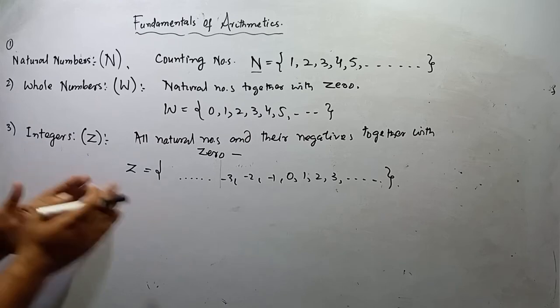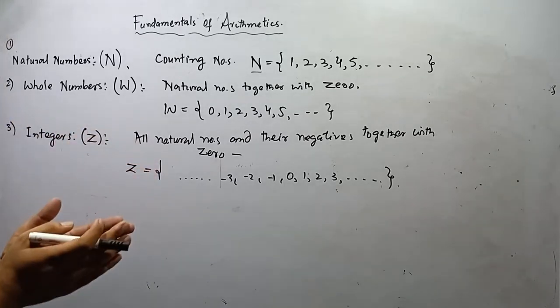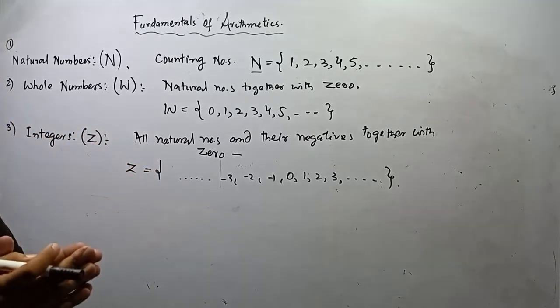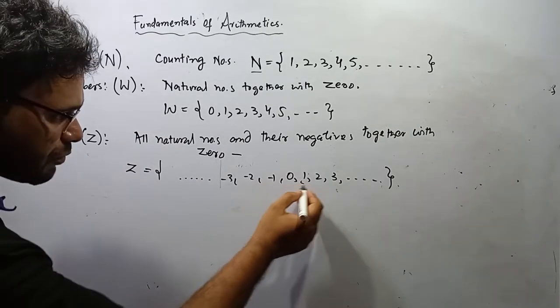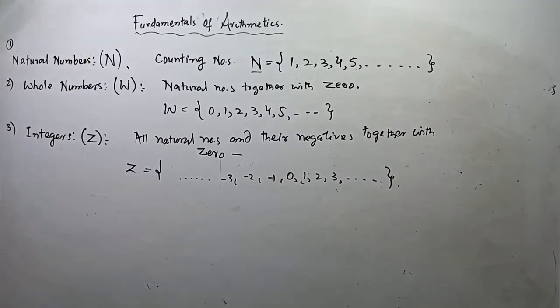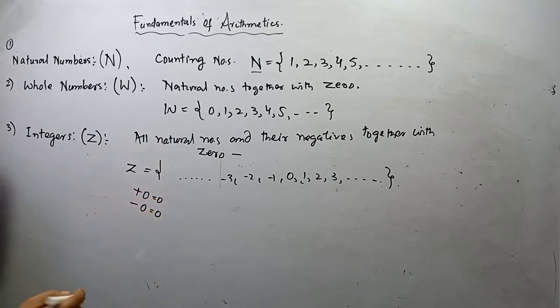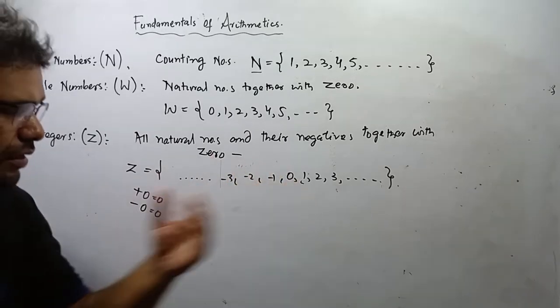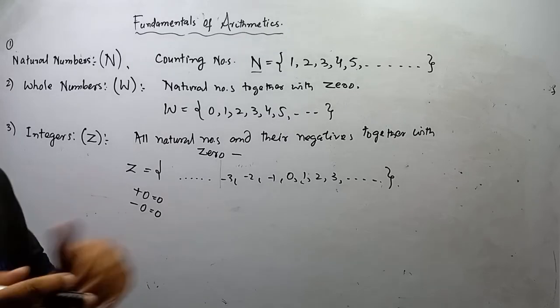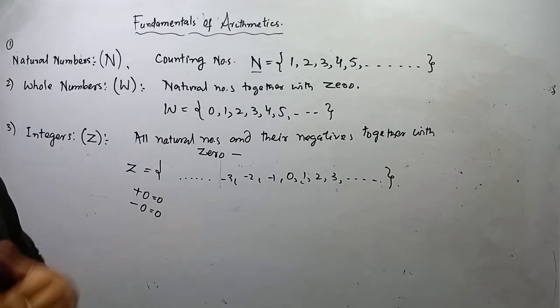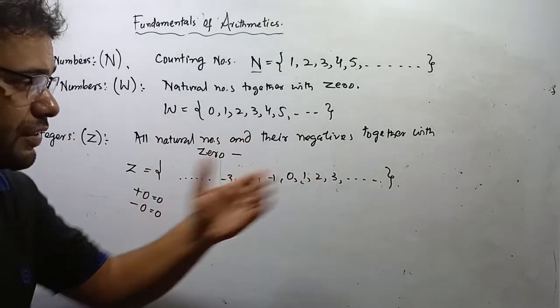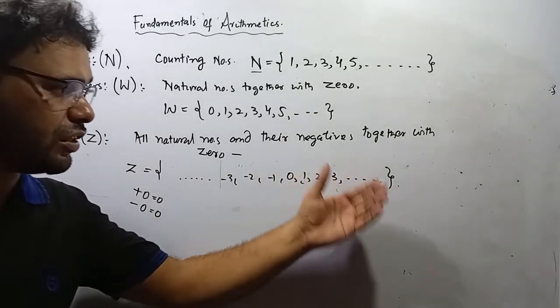If I will write here first 5 positive integers, I have to start from the 1, because 0 we are not considering positive, because +0 is equal to 0, -0 is equal to 0. This is only the 0, that's emptiness. It represents actually the emptiness. Now you can see here first 5 positive natural numbers, first 5 positive integers, that's from 1, 2, 3, 4,